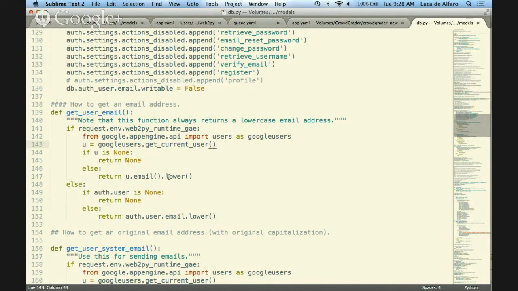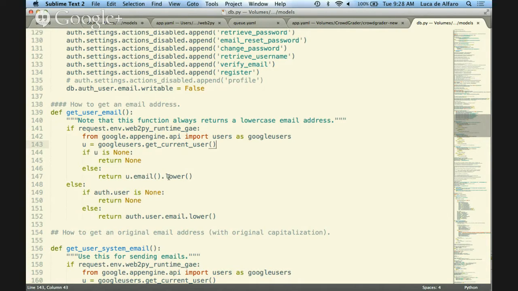Now, this carries a huge problem, though. If you use the normal authentication of Web2Py, you end up with this incredible problem, which I don't know if it's still there in Web2Py, but used to be. I log in, and I'm called luca@ucsc.edu, and I'm Luca de Alfaro, and everything is very nice.